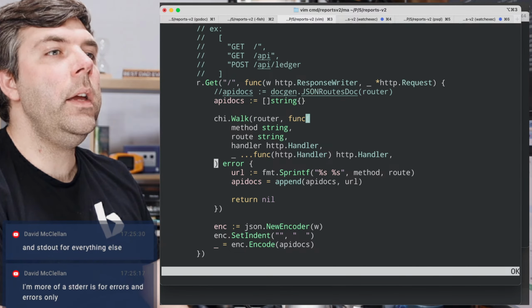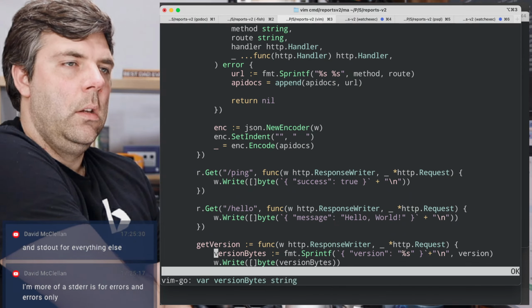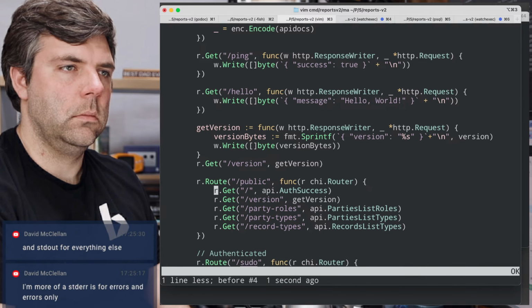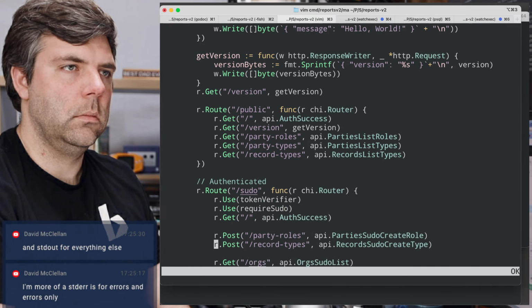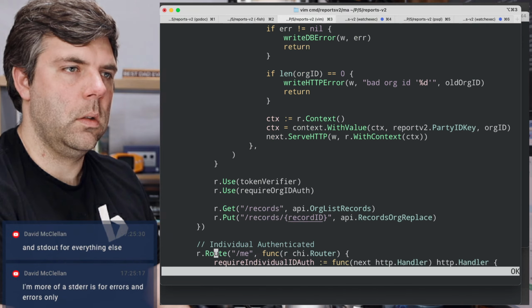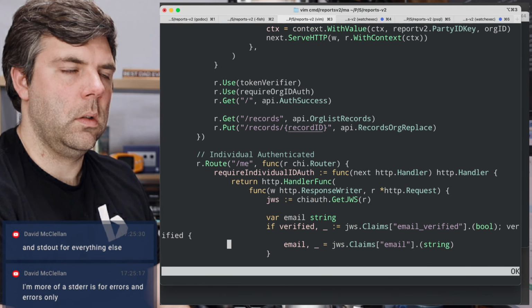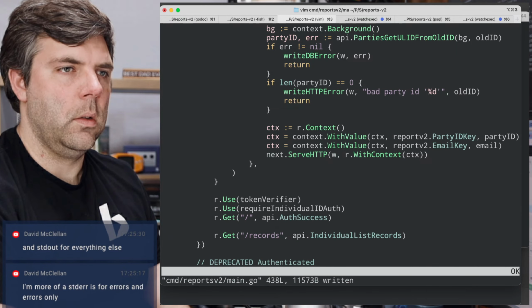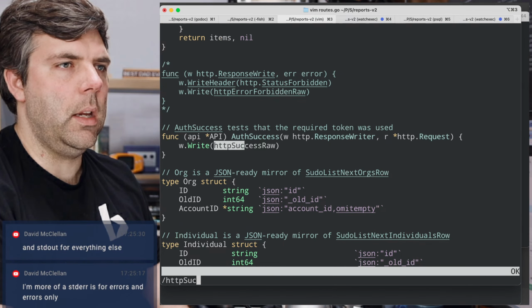Let's see, what does this do? Ah, yeah, this is the endpoint. Got it. And I'd kind of like the auth success to see if there is a token and to give back the basic information rather than just giving me success raw.